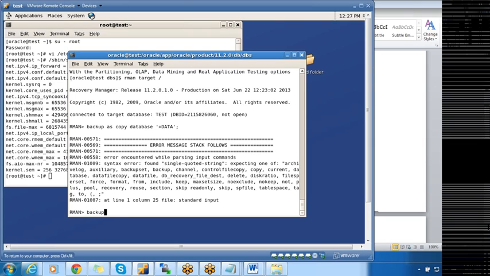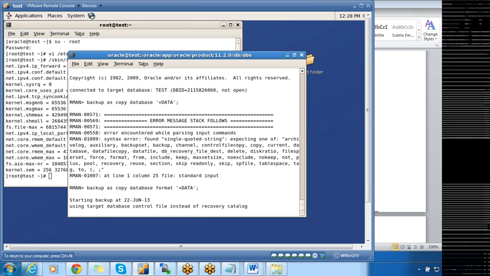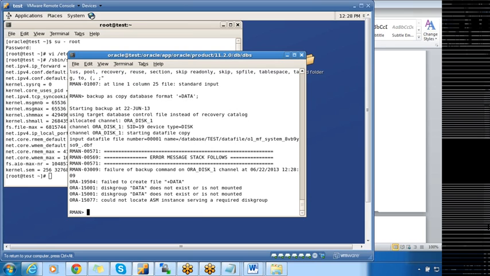That is correct: backup as copy database format plus data. This will copy the data files. Data does not exist.